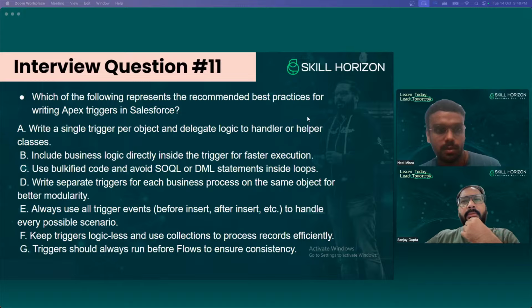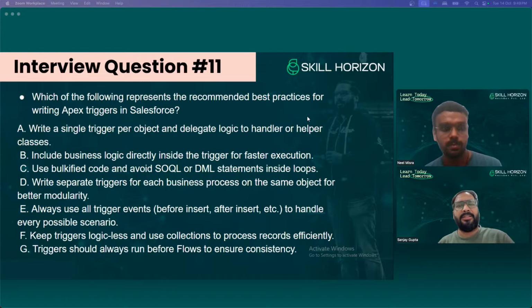Then C is correct: use bulkified code and avoid SOQL or DML statements inside loops. And F. Yes. So the three correct options as per best practice are A, C, and F. Okay, the rest are not as per best practice, so these three are correct: A, C, and F.